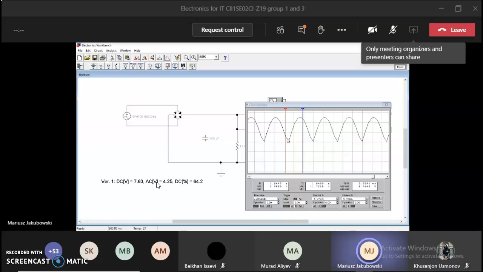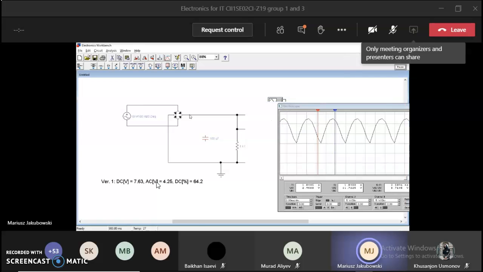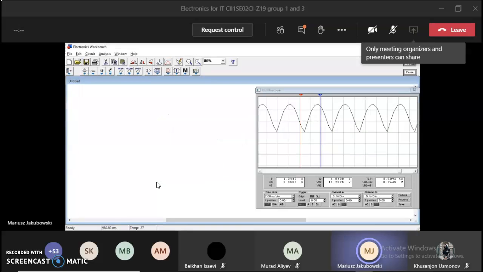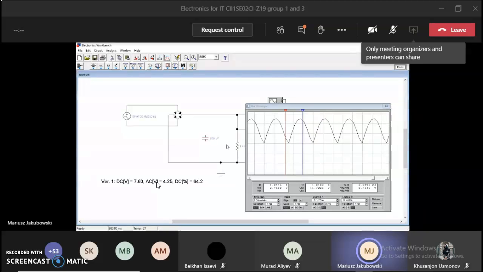However, when the voltage starts to drop, the capacitor will discharge. But it will discharge not through the diode, but through the resistor. So since the resistor is 1 k, we have 100 milliseconds. This is the time constant for the circuit, and how much the capacitor will discharge depends on the distance